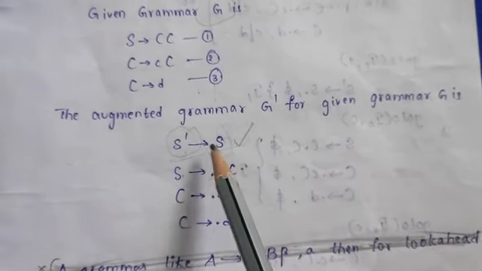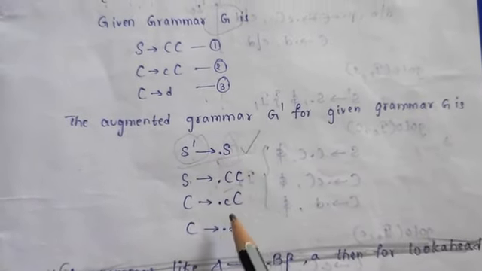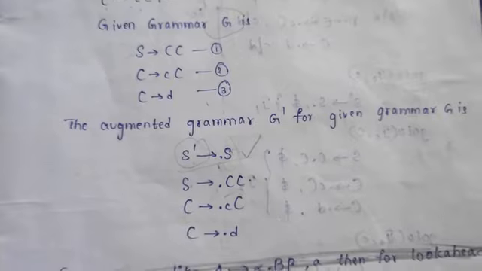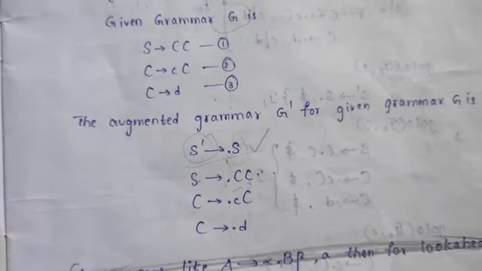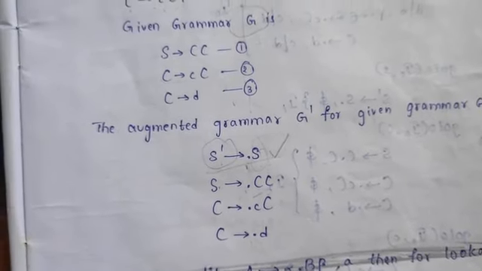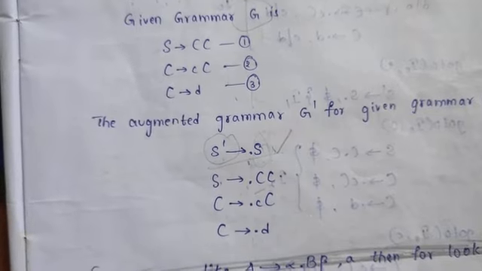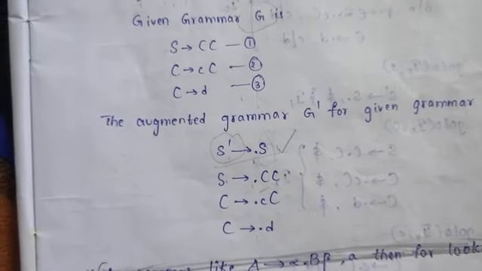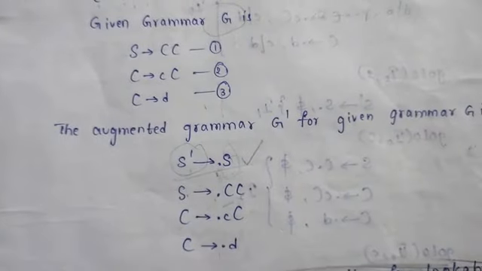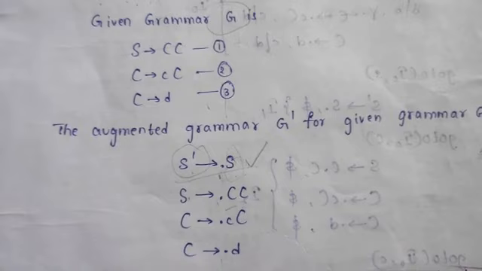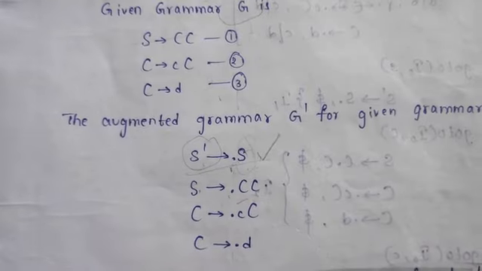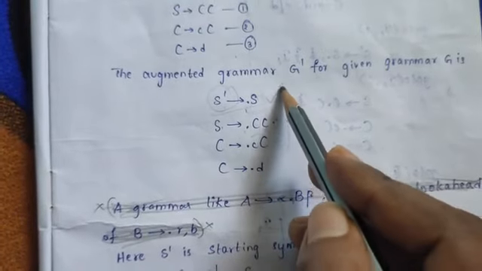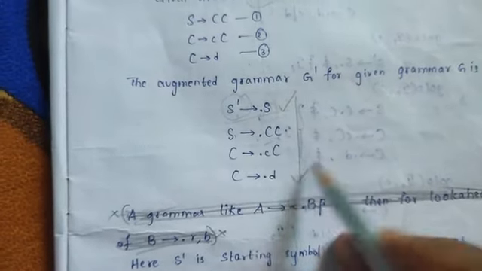So why am I using the dot here? If the dot moves element by element, it means the given string will be accepted by the given grammar. To check that, we are using the dot as a symbol. By moving it, the dot moving past S means the S letter can be accepted by the given grammar. Like that, for checking purposes, in SLR, CLR, and one more process, LALR, in all 3 cases we use the same dot notation for the given productions. Okay, so up to now we have discussed grammar productions.